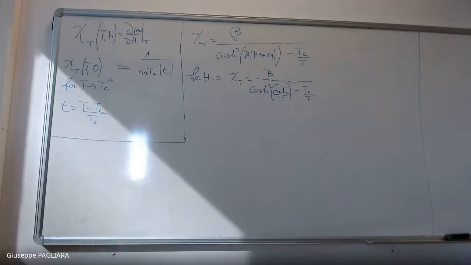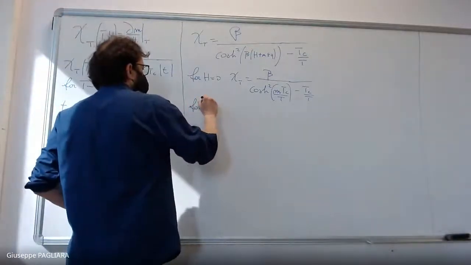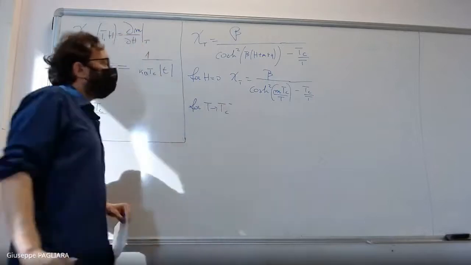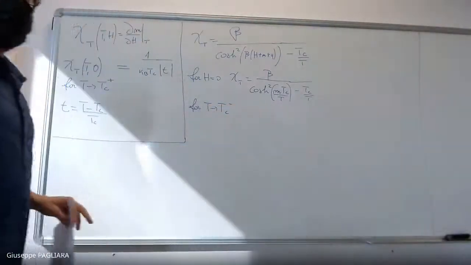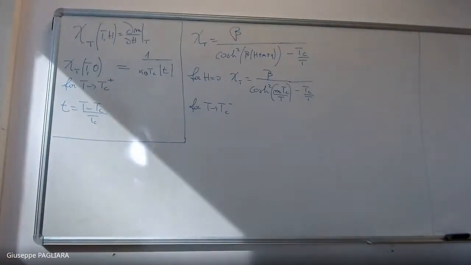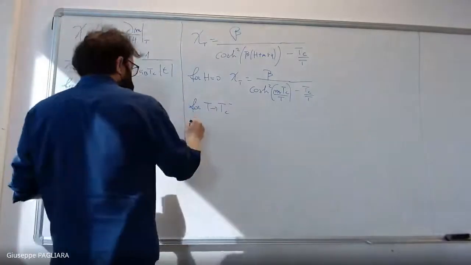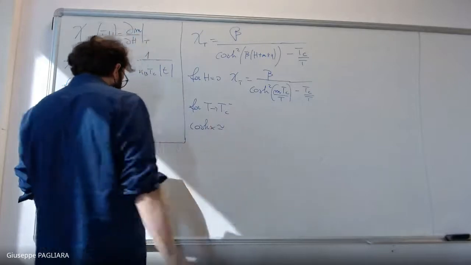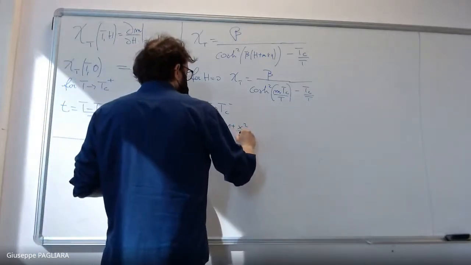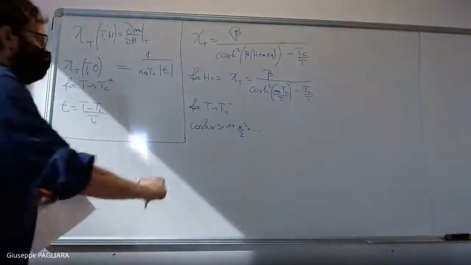Okay, good. So now, last time, what we did was to consider the fact that when we are above Tc, the magnetization m is equal to 0, and therefore the expression was found very easily. Now we are below Tc, for T approaching Tc from below, and therefore we have to use an expansion there. We know that the magnetization in any case goes to 0 when T approaches Tc, and so we can expand by using cosh of x for small x, which is 1 plus x squared divided by 2 plus other terms. Okay. So we put this in here,